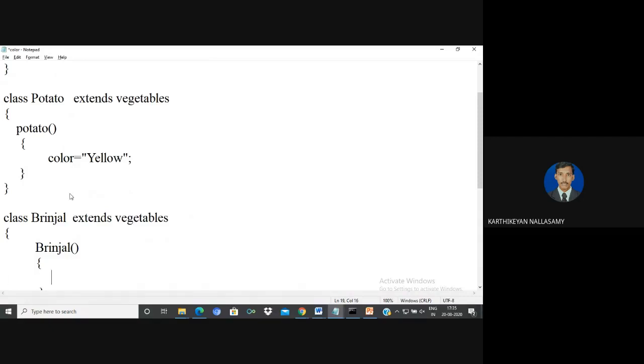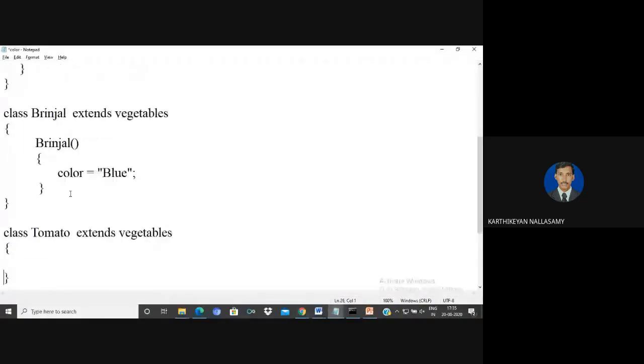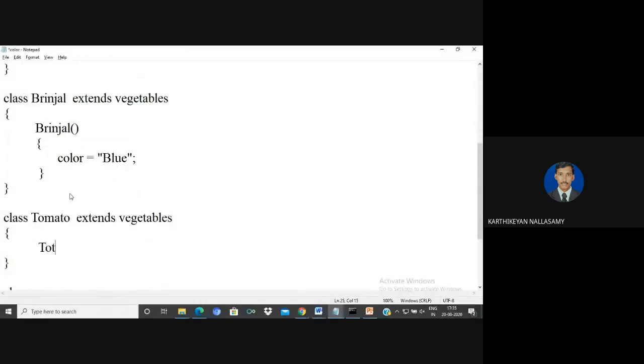Here I'm going to define color as blue. Then I'm going to create one more constructor for the tomato class, with color equal to red.